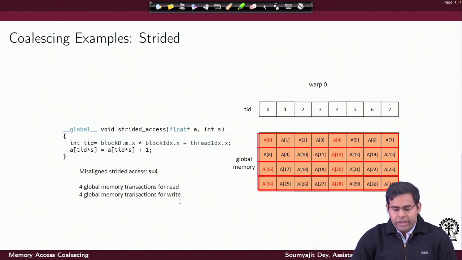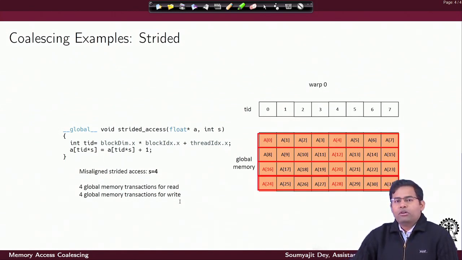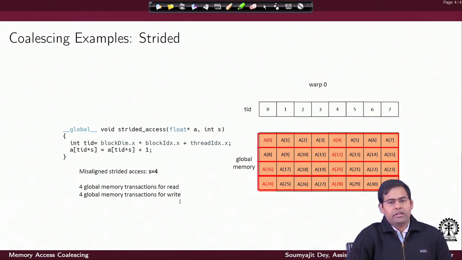So, as you can see, from a performance perspective for the program, this is going to be an impediment, I would say, because whenever you are going to have strided access, you need more number of global memory transactions for both read and write, and strided access is something that we often do in our normal programs. So that's not something that we can do away with. So we have to figure out ways in which the program may be written in an alternate way, such that I can create an equivalent program where the accesses are intelligently managed.